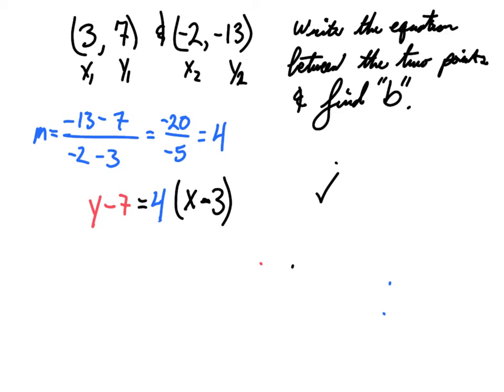Okay, so to find b, that's what I'm looking for. I'm looking for b. To find b, I'm just going to go through and solve this equation for y, because I know that y equals mx plus b will tell me what b is. So I'm just going to go ahead and go through it. First thing I do to solve this point slope form is distribute 4 into the x minus 3, and I'll get